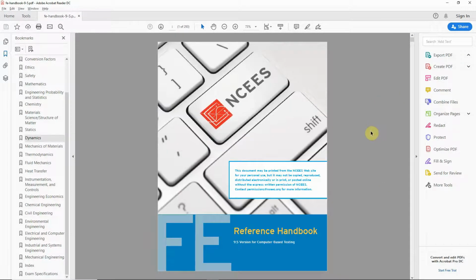This is definitely the number one resource, and I personally didn't buy the printed version of it because I knew that when I was taking the exam I was going to be using a digital copy. So I only practiced using the digital copy because obviously you want to simulate test day conditions as much as you can. So you don't want to give yourself any resources that you're not going to have during the test. And you want to make sure that the one resource that you do have, you know how to use